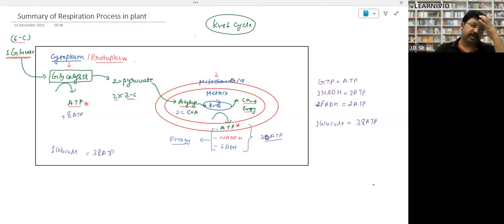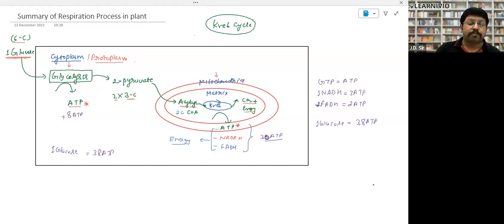Now the story starts. But burning of glucose has to take place in mitochondria. But glucose is a larger molecule. It is a 6-carbon compound, you can see over here. Our plasma membrane gives entry to glucose, so such a larger molecule can enter the plasma membrane and reach the cytoplasm, but it cannot enter mitochondria. We know that mitochondria is made up of two membranes, an outer membrane and an inner membrane. It cannot go through, because the size of the glucose is larger.